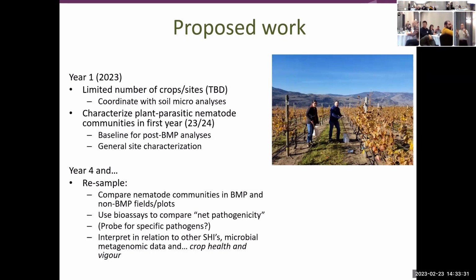First question, I'm sure people will ask: why don't you just identify the pathogens that are there and use qPCR probes, coming straight out of Miranda's type of talk? Again, this comes down to availability of funding, being realistic about what can be done. If practically we can get an assessment of the disease potential in those BMP-influenced and non-influenced sites using a bioassay, that's the way to go, because otherwise we won't have any money left over to actually do any analyses if we go with the molecular